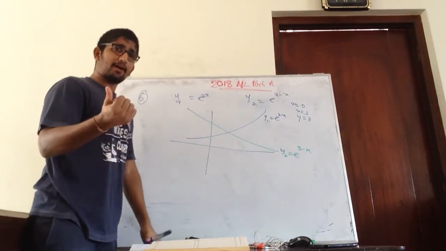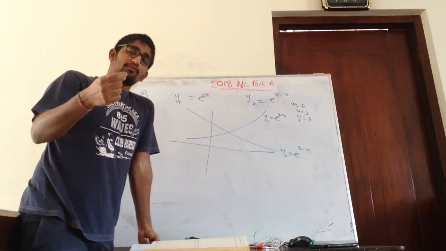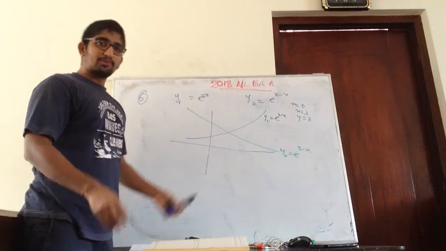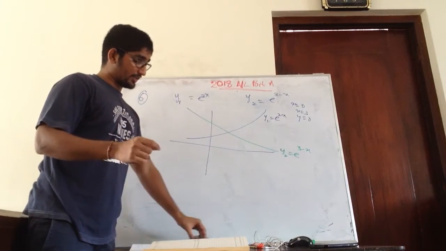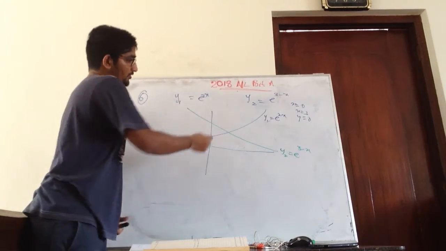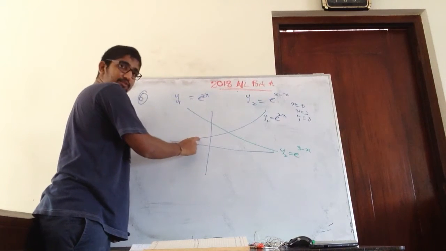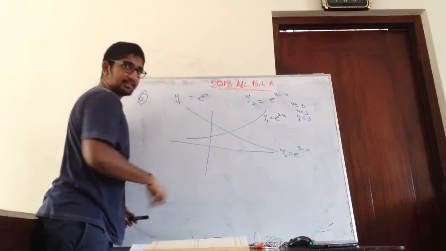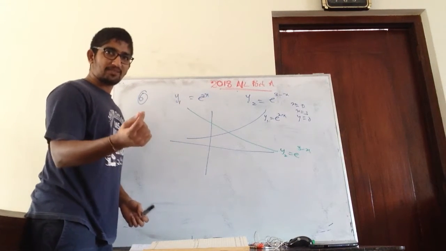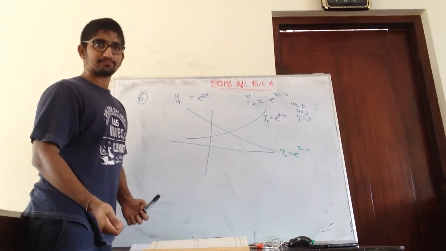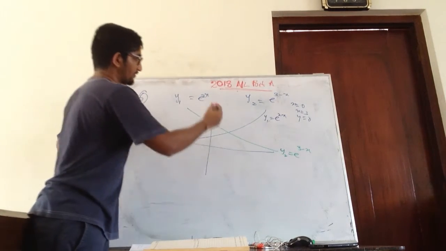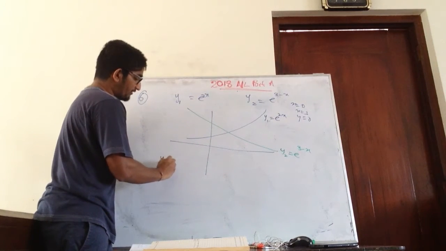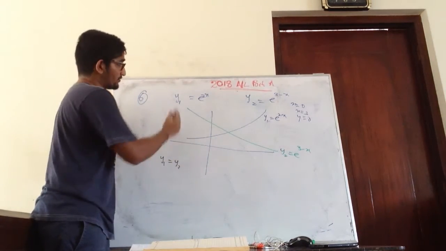Right, so first of all, there's one thing. Before I draw this, you don't know whether this part can intersect here. So it's always better to see where the intersection point is. Before I draw this, what you can do is see when y1 equals y2, what is the corresponding x value.